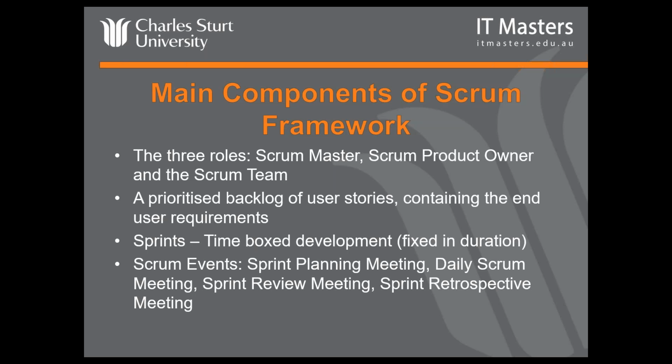And then the other one is the major events. There's a number of major events and meetings that we have throughout. So we have what's known as a sprint planning meeting. That's commonly referred to as the what, how meeting. We have the daily Scrum meeting. You might have heard that referred to as daily stand-up, because you actually stand up for that one. We have what's known as a sprint review meeting. So again, this is where we're reviewing the work where the team presents the finished software, and then we have a retrospective at the end, which is where the team reflects on how things have gone. I will point out that we're going into a lot more detail about all the Scrum events in week 2,